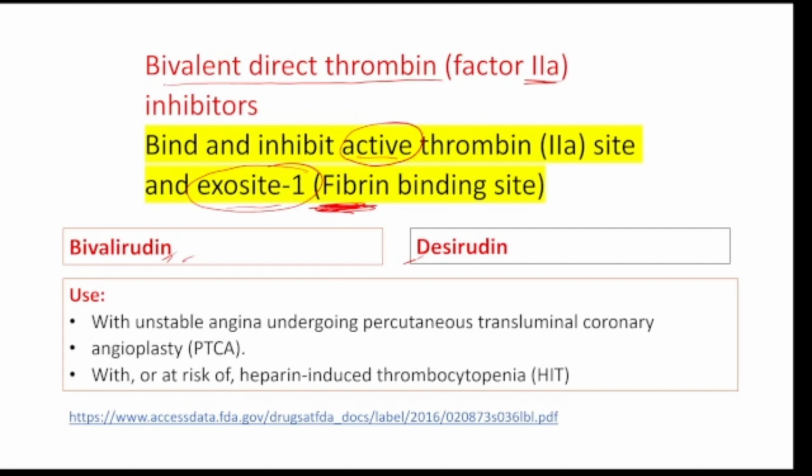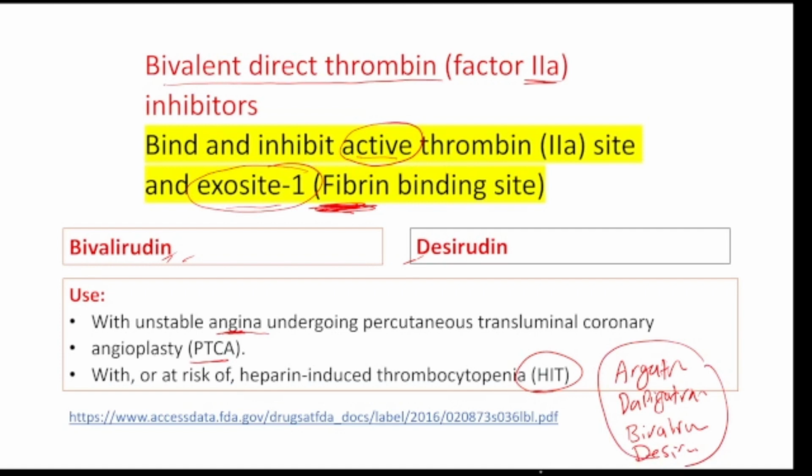This medication, can we use this medication? The answer is yes. We use it for patients with unstable angina undergoing percutaneous transluminal coronary angioplasty, PTCA. We can use it for patients at risk of thrombocytopenia. So for HIT, we have options. We have argatroban, we have dabigatran, then we have bivalirudin and desirudin. So we have four options for patients suffering from HIT,